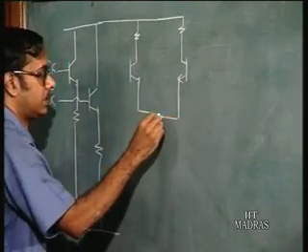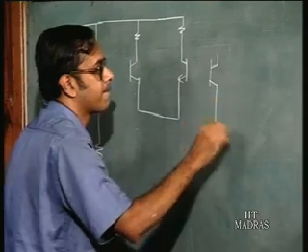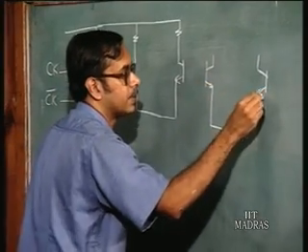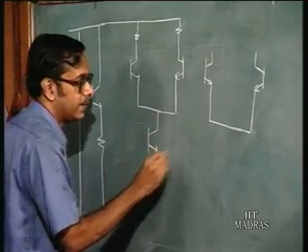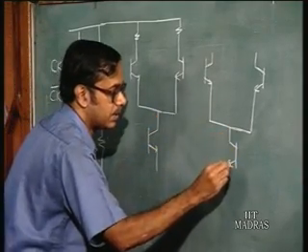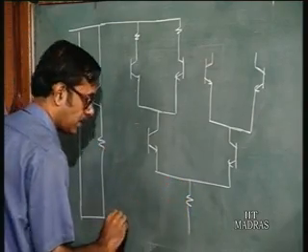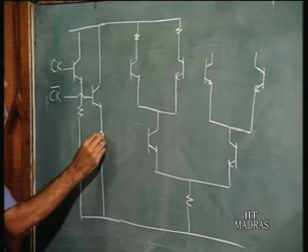This is one resistance, you have another such structure, okay, and you have two more transistors, lower stack. Okay, so this is now one of these inputs